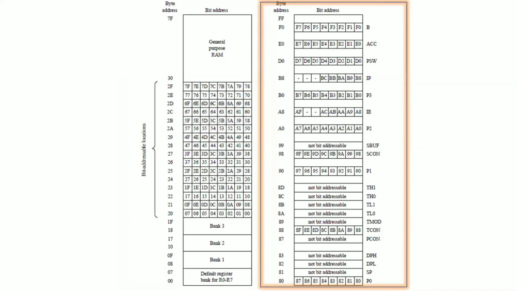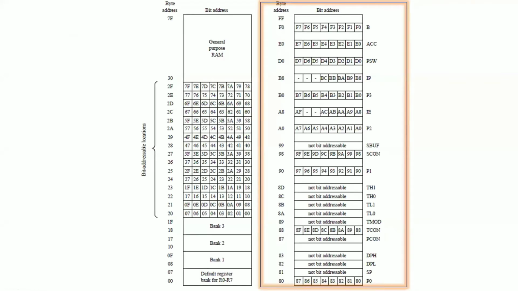If you take an 8-bit register, we can access the register 8 bits at a time. But if you want to modify or store some particular bit, if you want to access a particular bit of a particular register, then we can use the bit addressable registers. Now all the special function registers are not bit addressable, only a few of them are, which we are going to see in the upcoming sessions of this class.